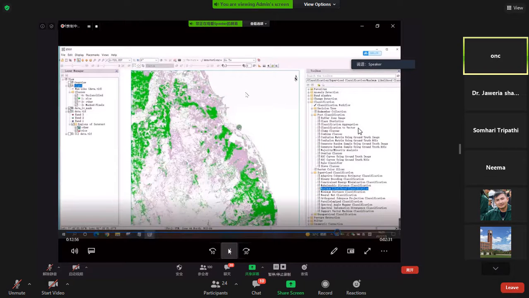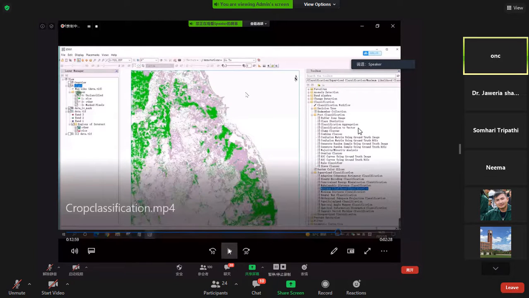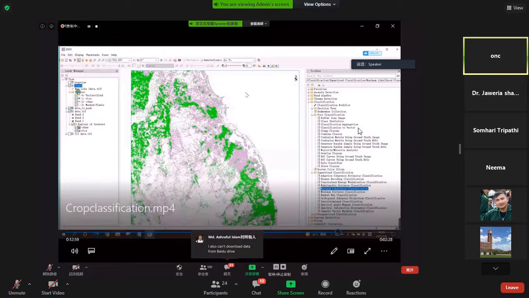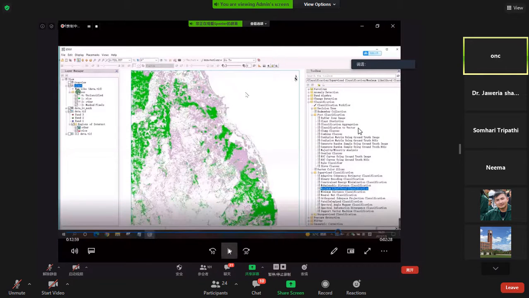In this picture, we can see that the rice is showing the green color, and the others are not highlighted. Okay, after the classification,